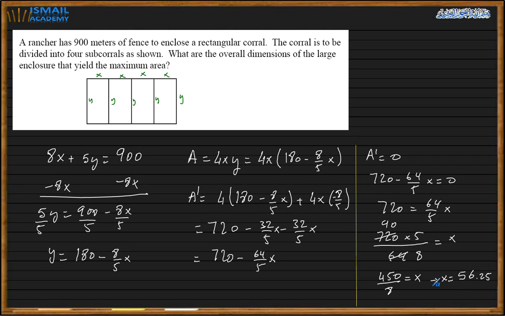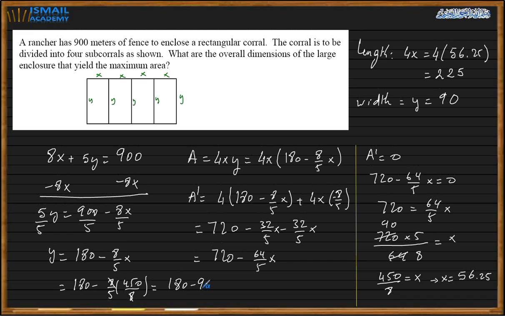So the length for x, which is 4 times it, is 225, and the width, because when I substitute, 180 minus 90, which is 90. So this will be your